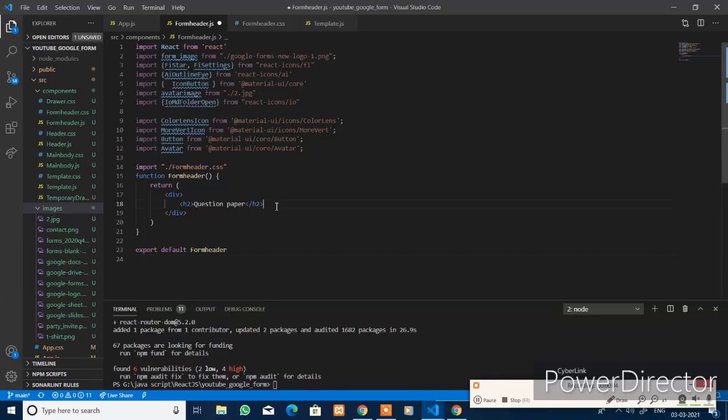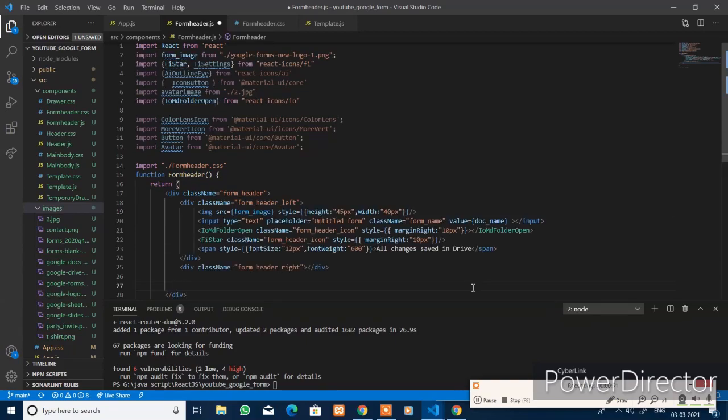Inside the form header, we define three elements with the class name form header. Inside form header left, you add the image and the input element, IoFolderOpen and FiStar, and a span element for the text.